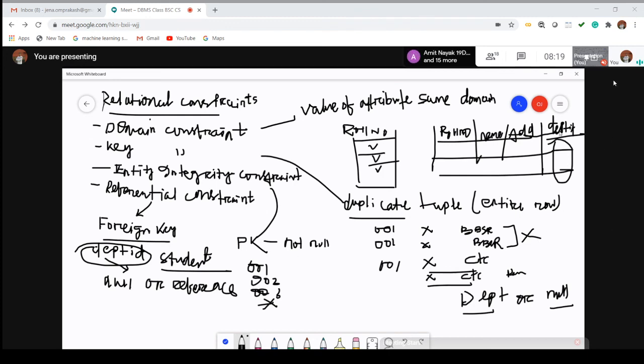Department ID is the referencing attribute in the student table, and the referenced attribute in the department table. So the values present in student must be values from the department table, or null. So this is all about the different types of constraints associated with relational data models.